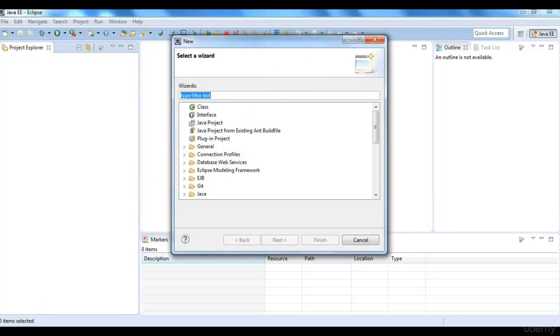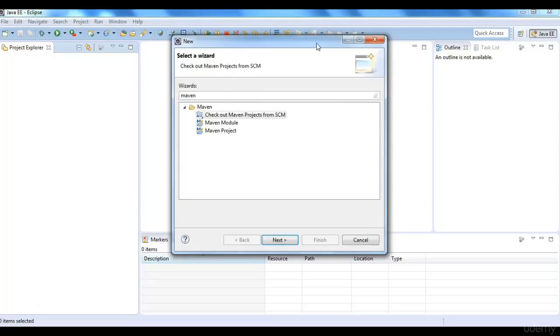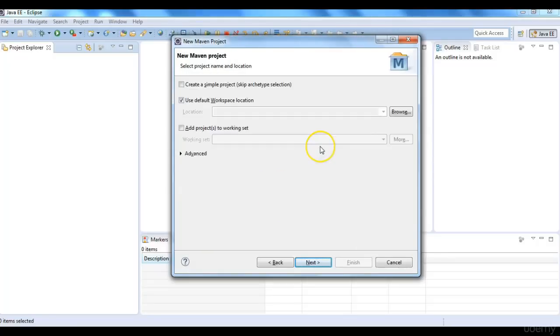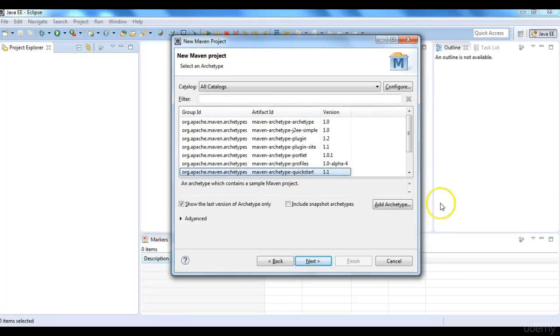Type in Maven in the text box and then select Maven project and click on the Next button. Without changing any selections on this step, click Next. At this step, we have to choose an archetype. Because we are going to create a web app, we need to select Maven archetype web app and then click